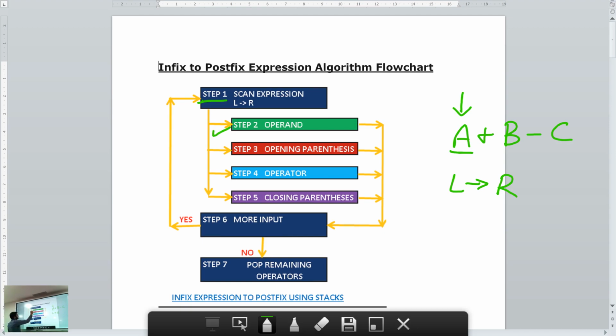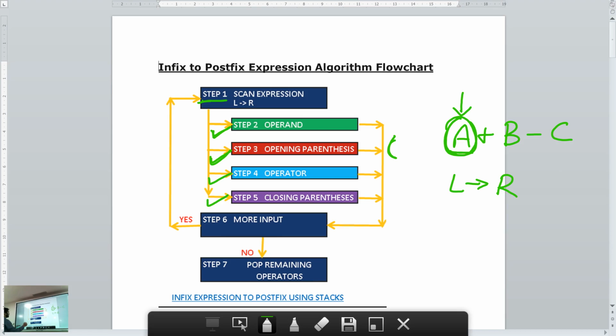Either I perform step 2, step 3, step 4 or step 5 depending on the input that I have just read. So suppose my input is an operand, then I perform step 2. If the input is an opening parenthesis, an opening bracket, then I do step 3.